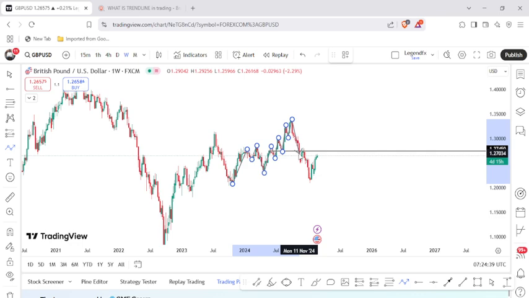We are now in a downtrend. The market broke below it, came back for a retest, and the retest was successful. And the market came. We are now technically in a downtrend. So the market is now coming back. The market came here. Now it's coming back for another retest.